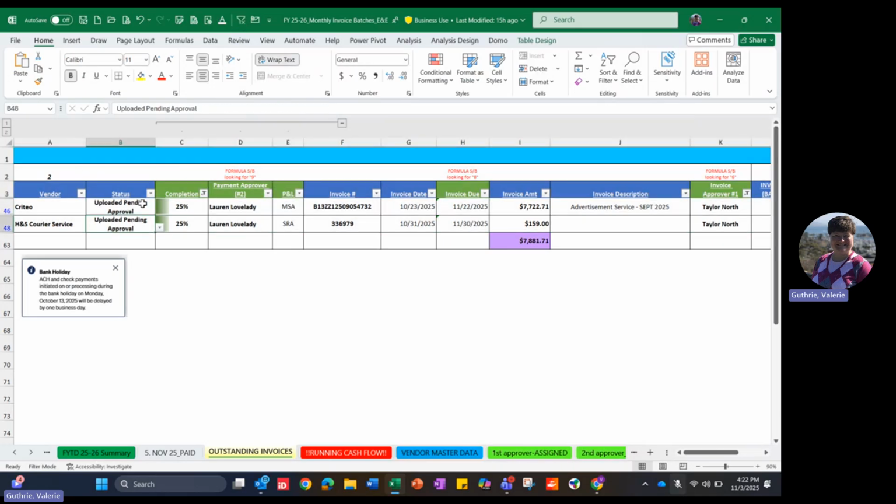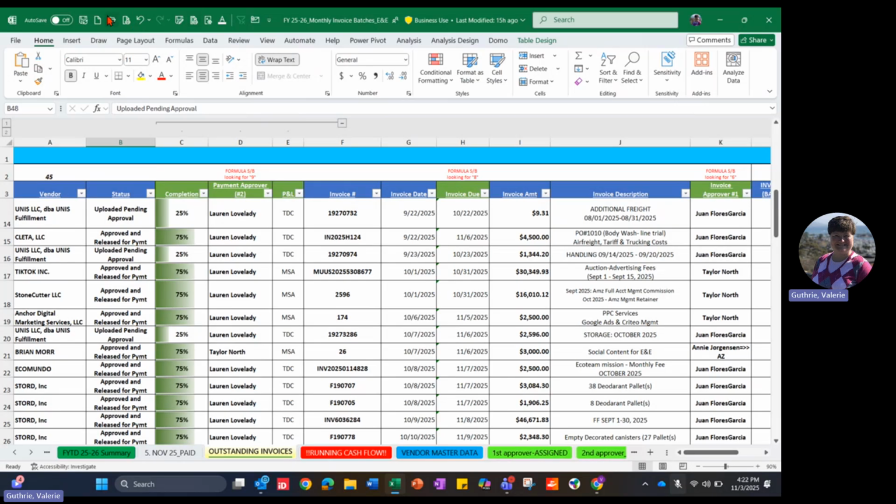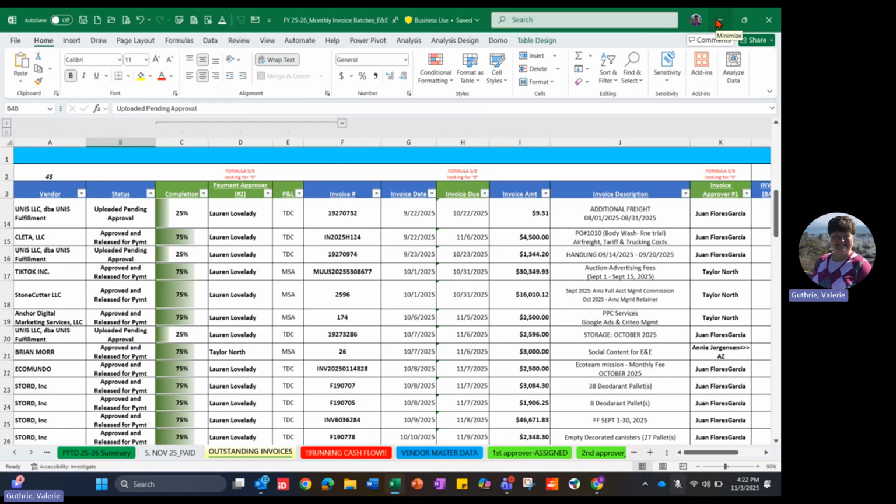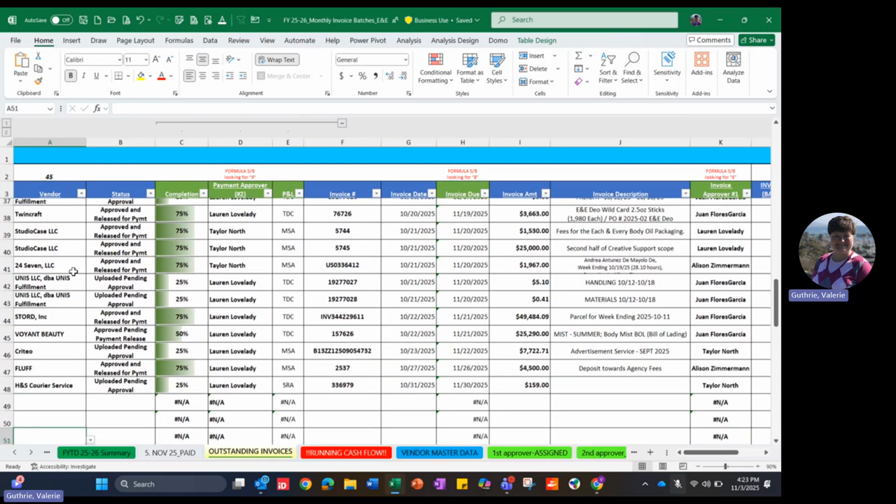I tend to do that kind of after I do a whole bunch of invoices, like uploading, or if I get a report that says a handful of stuff has been scheduled or has been processed. That's kind of when I try to get this file up to date, just so that my offline file, in essence, tries to mirror bill.com, like where the invoice is in the process of being processed. So what I'm going to do is I'm now going to process some invoices from the inbox,